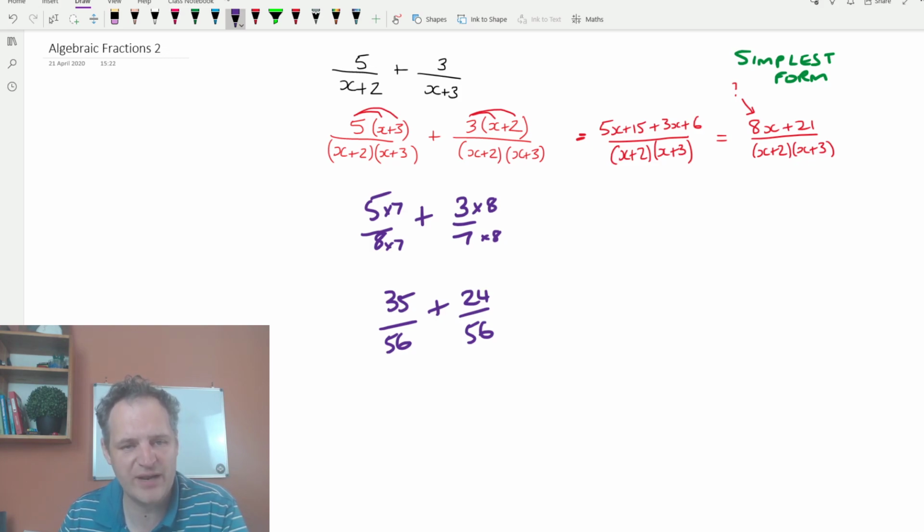In this way, we created a common denominator and two different bits that can then be added, because once they're the same on the bottom, you're allowed to add them. And what would we have done here? We would have got 49 over 56. As it was here, we got 8x plus 21 all over x plus 2, x plus 3. Heading back,